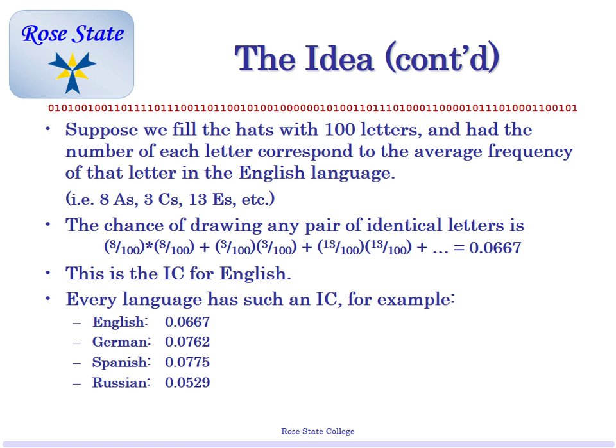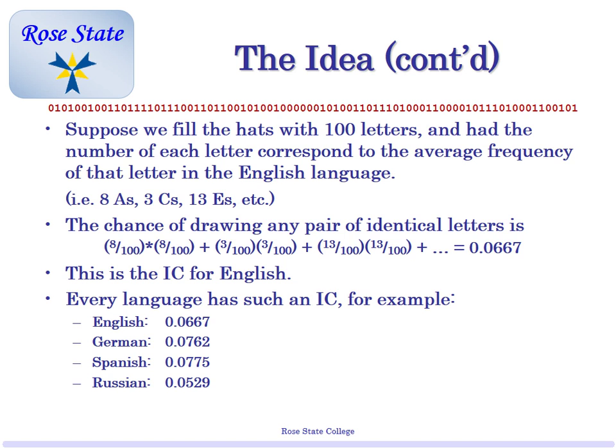Okay? And you happen to have to look at a document written in 1972 to get that, because the English changes. If you want to actually get 0.667, you need to get something from about 1972. It'll actually calculate out pretty close to that. If you want to get a newspaper article, nowadays it's not quite that. But so we have English, it's 0.667; German, Spanish, and Russian are all different, because obviously they don't have as many E's as we do. Okay? How is it useful?